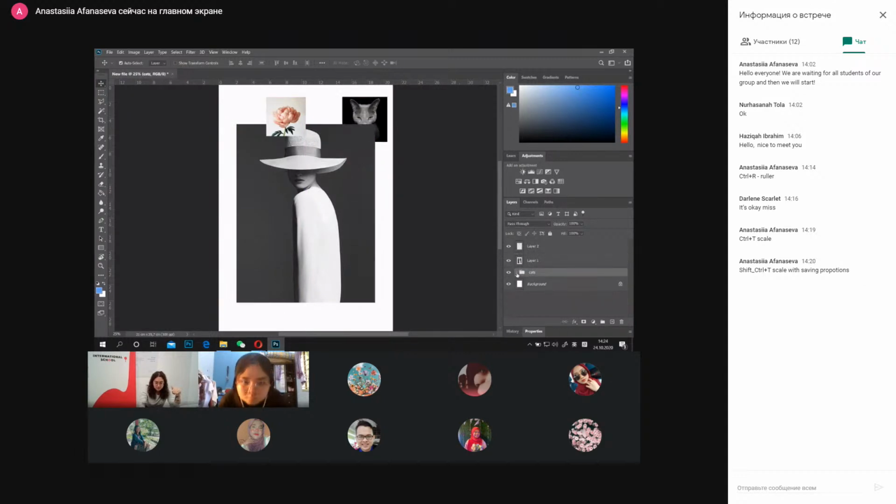And yeah, that's it with the layers. At the layer panel, you can not only see the layers, you can also create a new layer. For example, next to the group, the folder, you can see a little plus, and it means that here you can create a new layer. Layer number 3, it is empty right now. For example,